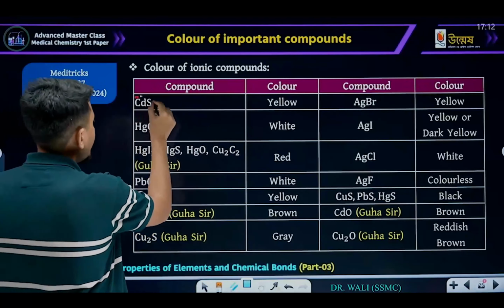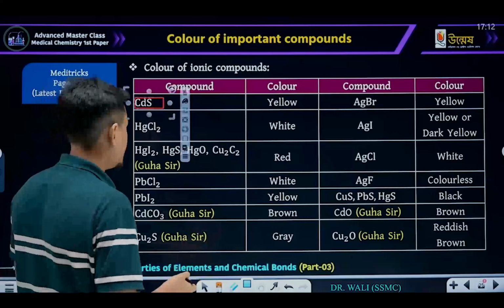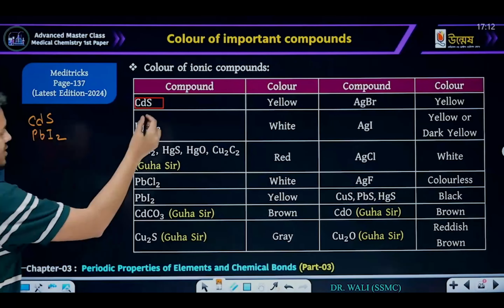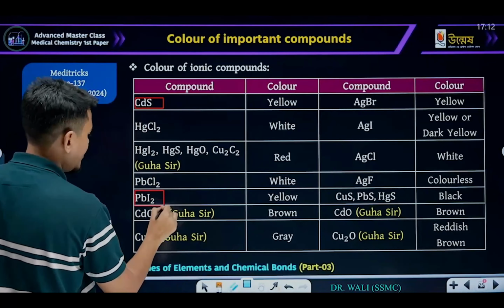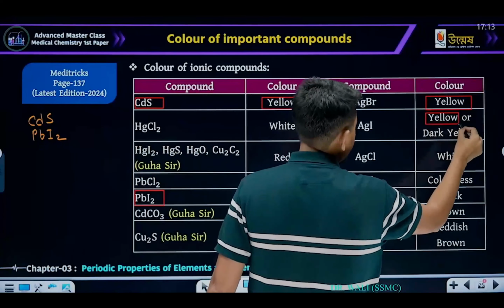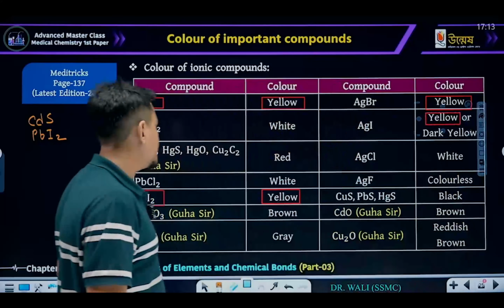Not all of them are important. Cadmium sulfide is yellow. You may mark all the yellow compounds together, such as cadmium sulfide, lead iodide. See, cadmium sulfide, lead iodide. What are the yellows? Yellow, yellow, yellow. These are the yellow ones. Silver bromide,